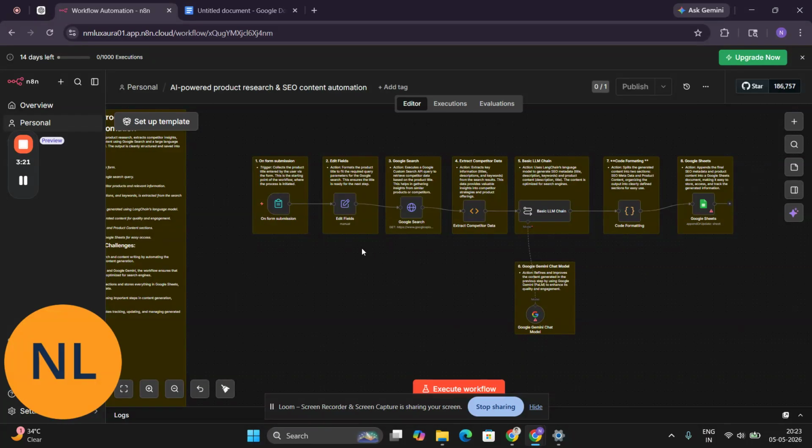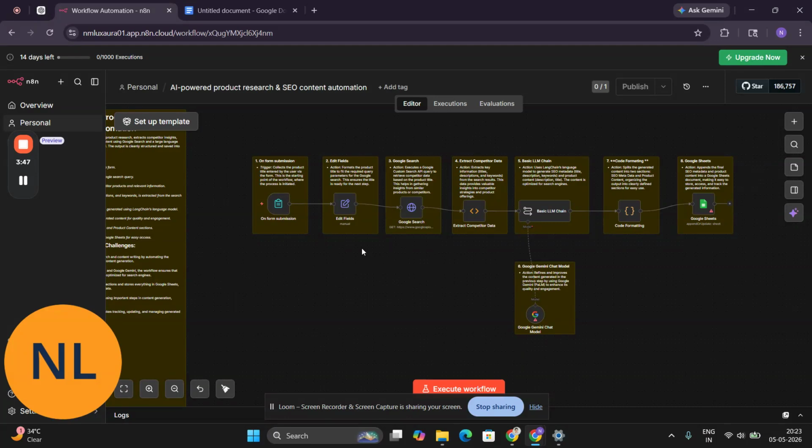Here we see the basic LLM chain that is connected with the Google Gemini chat model, which is the latest GPT-style model. It refines and improves the content generated in the previous step by using Google Gemini to enhance its quality and engagement. What are the two factors that a product's content SEO basically requires? First is engagement.